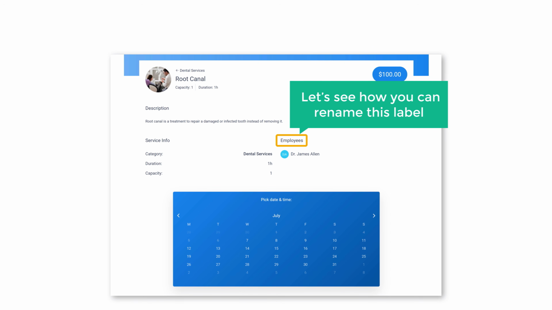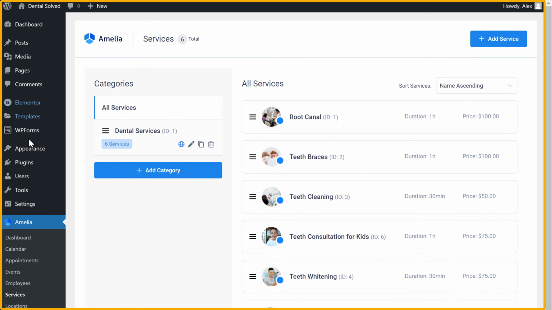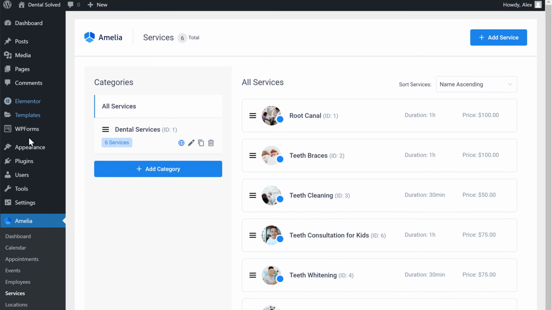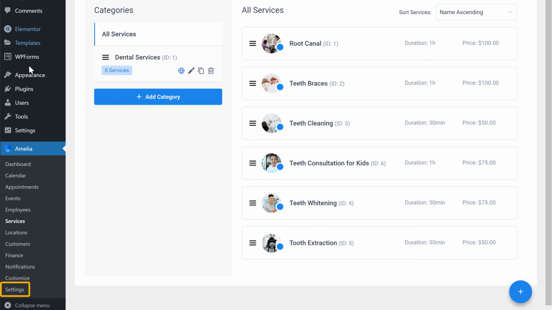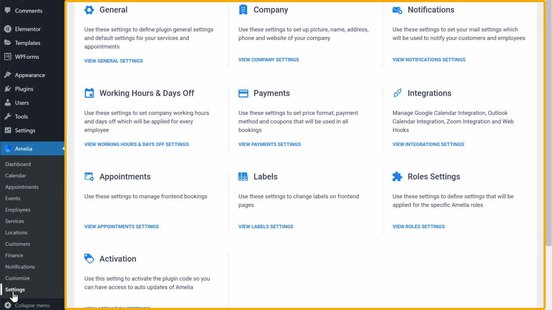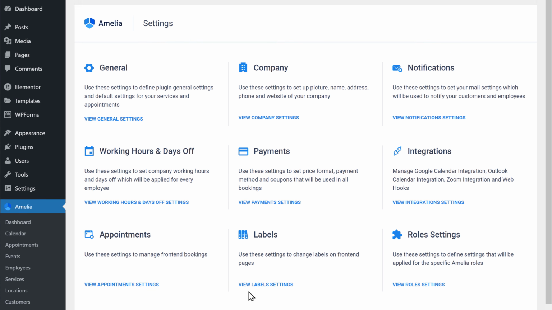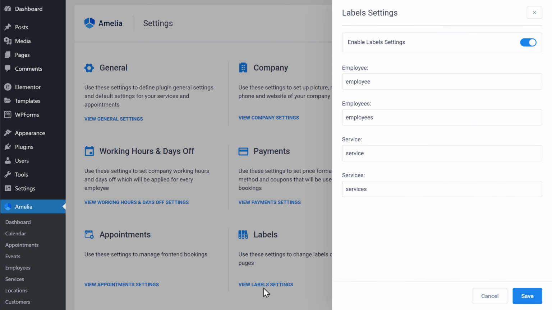Okay, now while booking an appointment, you can see we have the default label here. Now let's see how you can rename this label. So to change it, let's go to our WordPress dashboard. Click Settings. And it will take you to this page. Now click View Label Settings. And here you can change the name of the label.